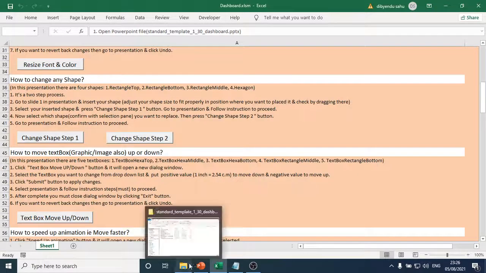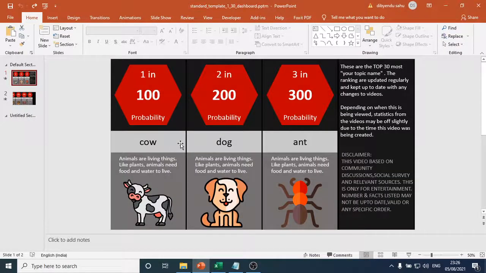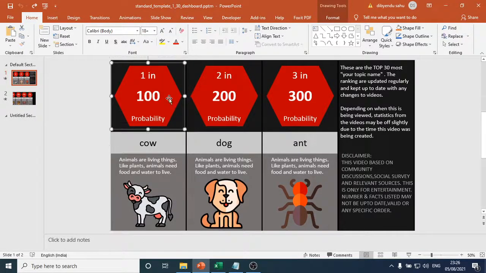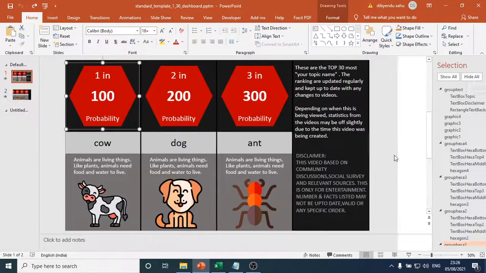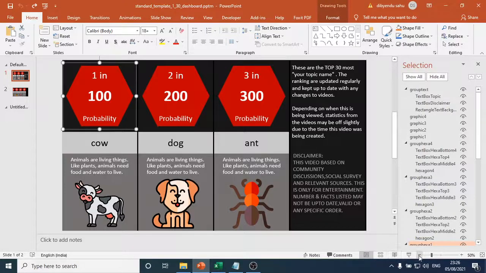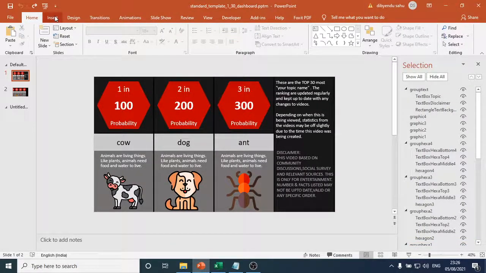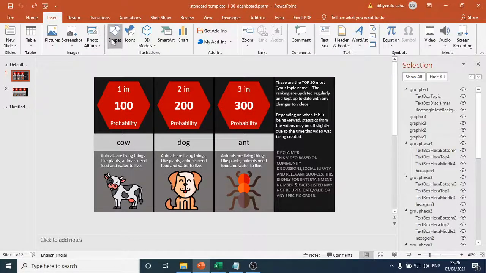How to change any shape? If you want to change this block or the hexagon, how to change? It's simple. First, go to the selection pane. Now insert shape.